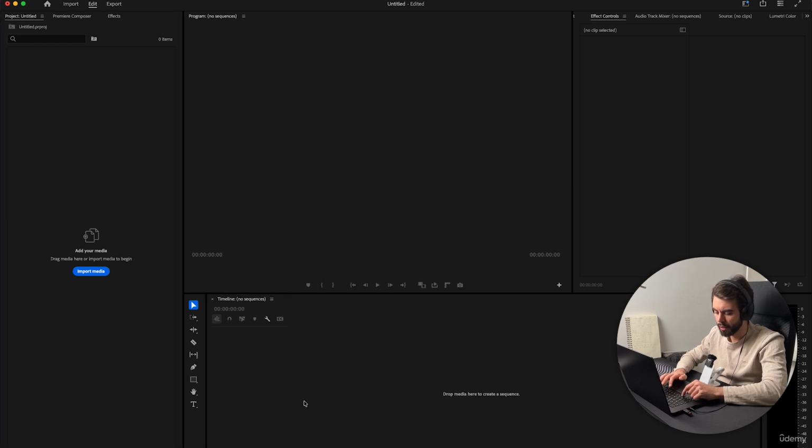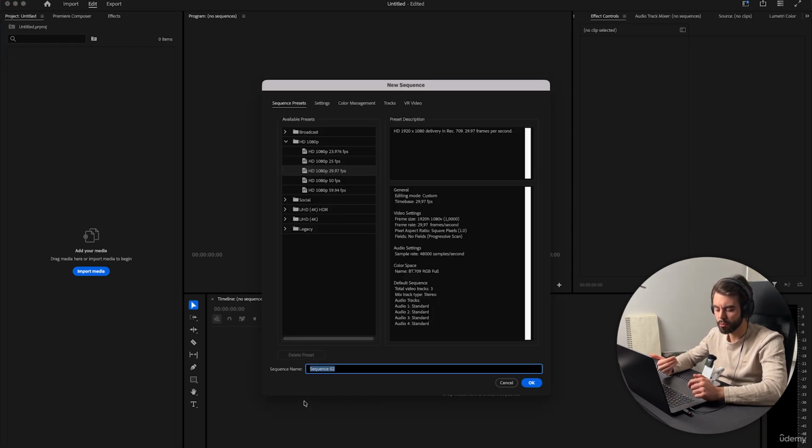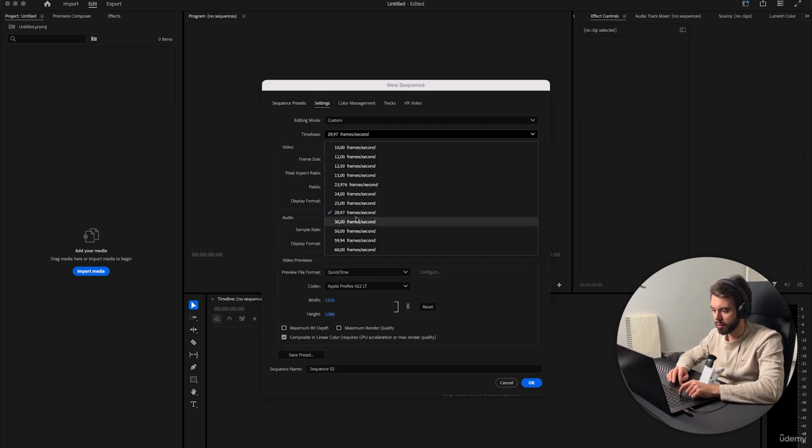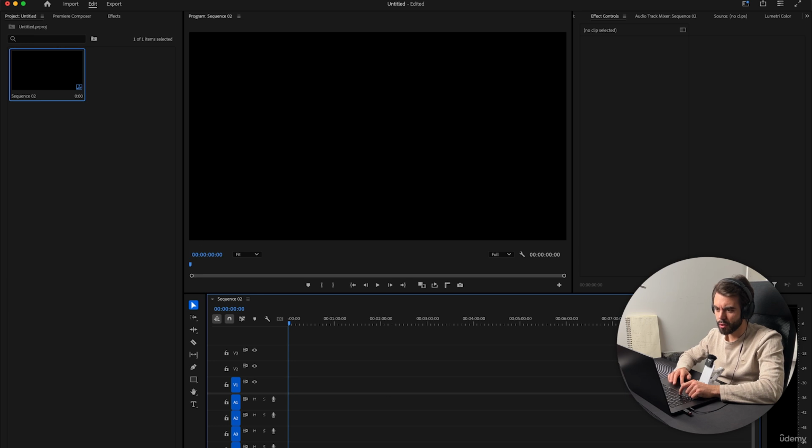Or I can press Command N and it's going to create a new sequence. By the way, if you're on Windows, instead of Command, you just have to press Control. And I can go ahead and set 30, press OK. So instead of going there,